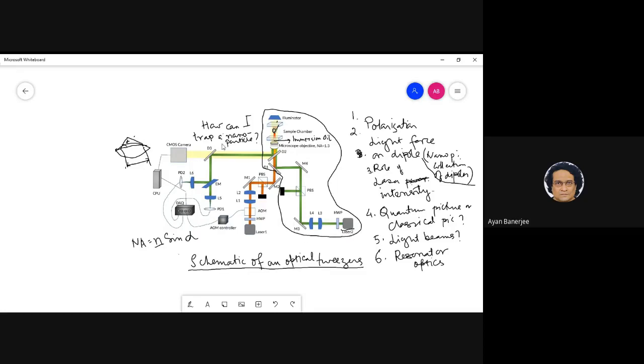What we are trying to do here is how one can trap a nanoparticle which is inside this kind of a sample chamber, dispersed in some kind of fluidic medium which can be either air or water, and I am coming in with a laser beam that is very tightly focused and the focal spot is very small, so that the optical forces that are exerted on this particle are quite large. The optical forces I'm talking about are also of a restoring kind. So basically the particle is confined at the beam center, and any displacement from the center causes the light to sort of pull it back.